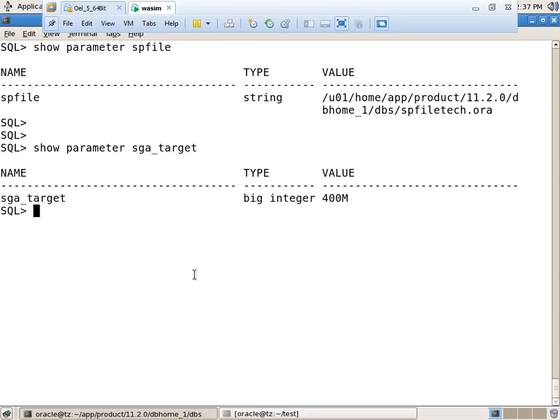Now I want to increase or decrease the value for this. How can we check whether this parameter is static or dynamic? Select name, issys_modifiable from v$parameter where name equals the parameter name.